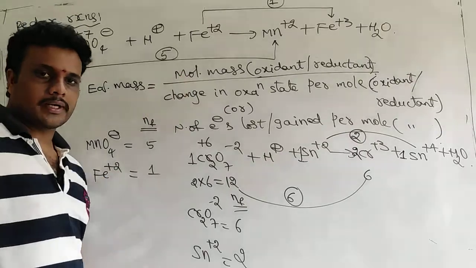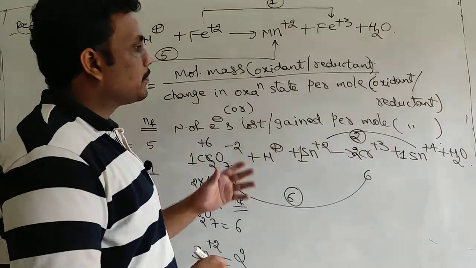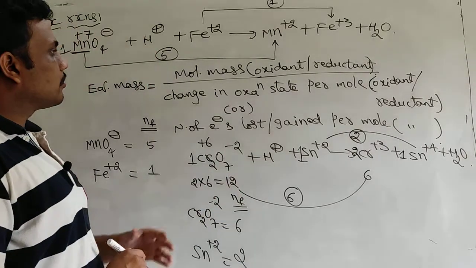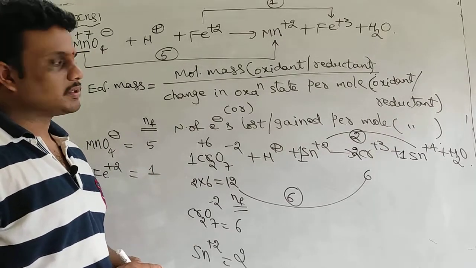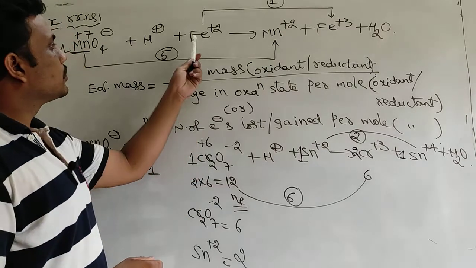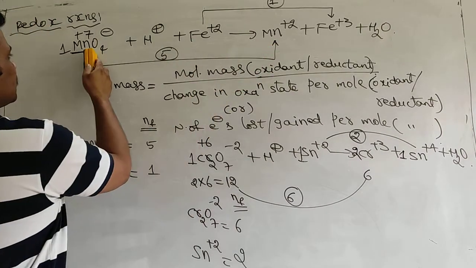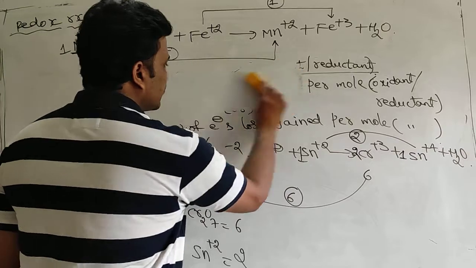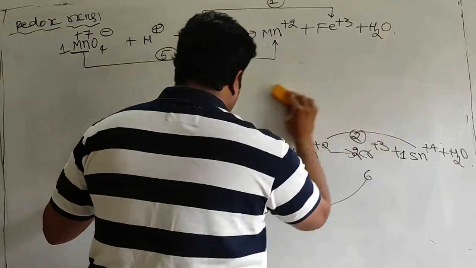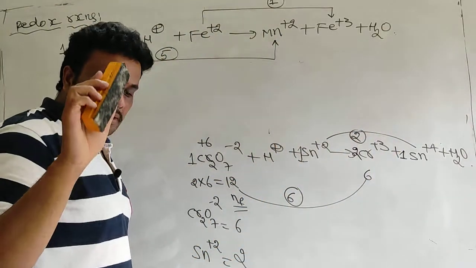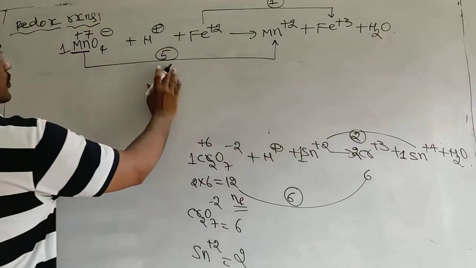You know how to calculate molecular mass, so simply use the formula. Why am I teaching this particular shortcut? Because by using this you can calculate N factor of oxidizing and reducing agent, and by using the same method you can also balance redox reactions. So balancing you already know, this is very simple. Up to this we have calculated the change in oxidation state of oxidizing and reducing agent. So how to balance this type of reactions? Without balancing you can calculate N factor. Already I told you, calculation of N factor and balancing of reaction have no relation. But by using this trick you can also balance.